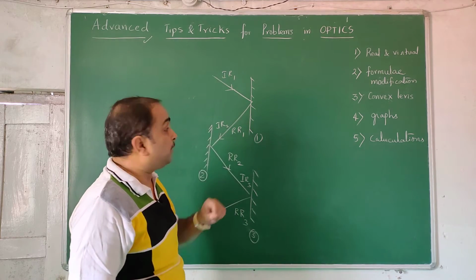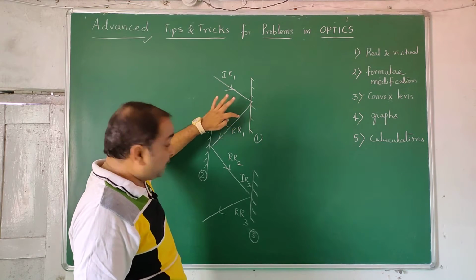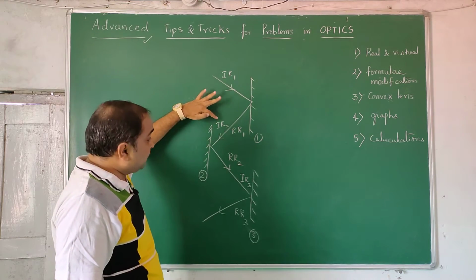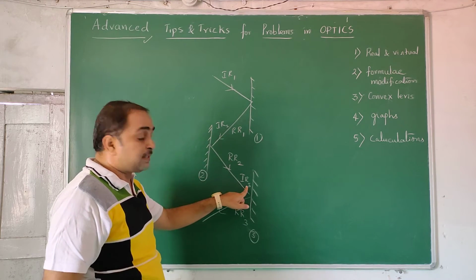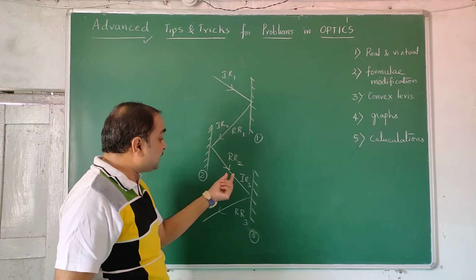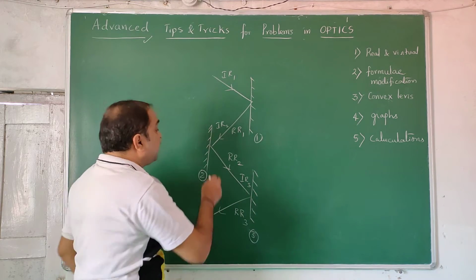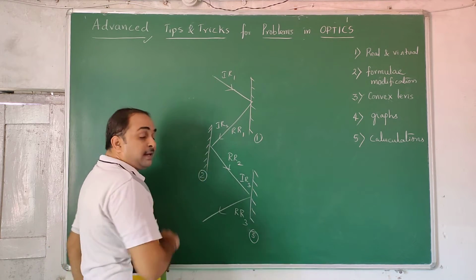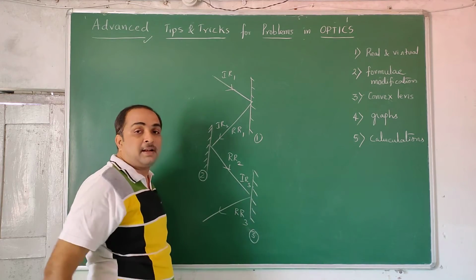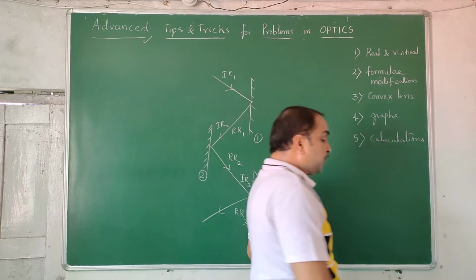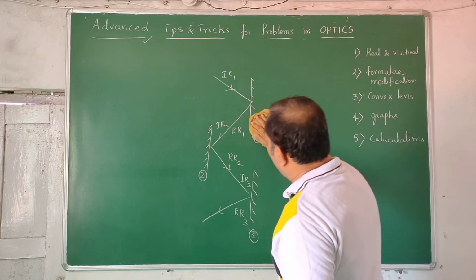Try to understand this combination. Incident ray, reflected ray. The reflected ray itself is an incident ray. Why is it happening like that? Why is a single ray called an incident ray and a reflected ray? The reflected ray for this mirror becomes the incident ray for the next mirror. If you keep this logic in mind, you will never have a problem.